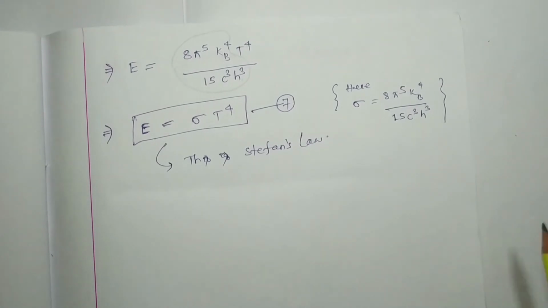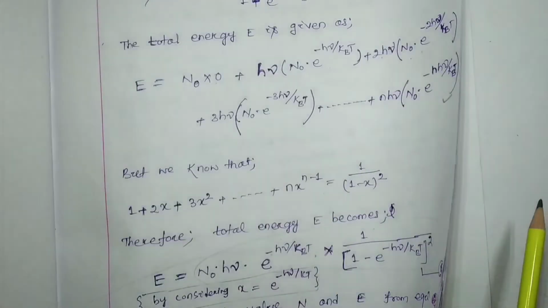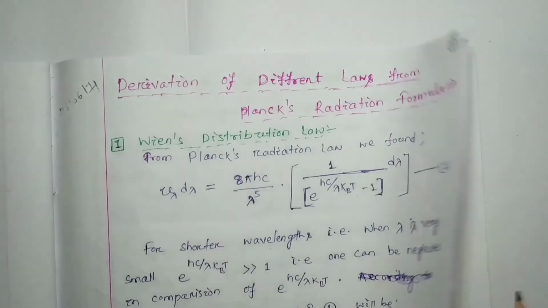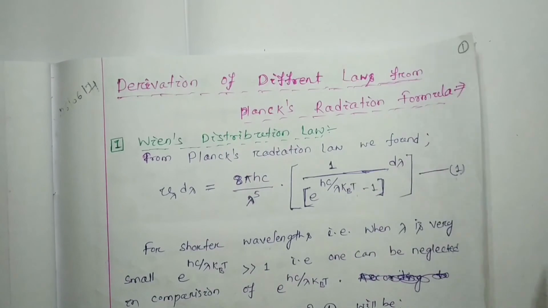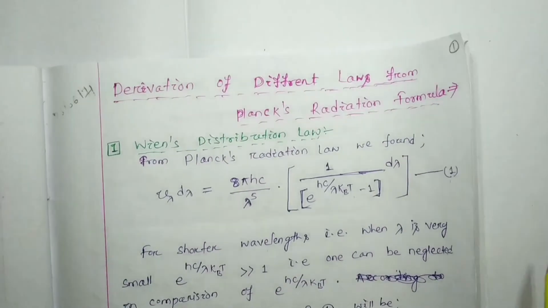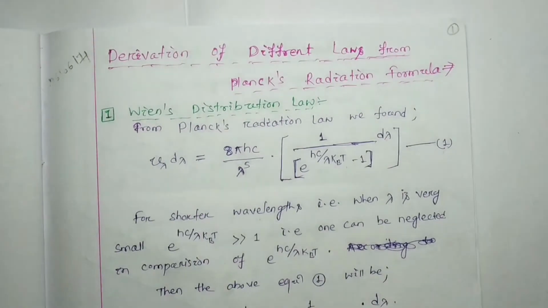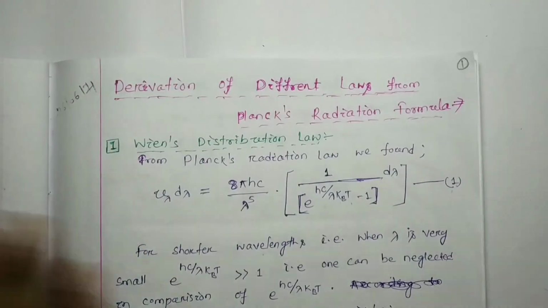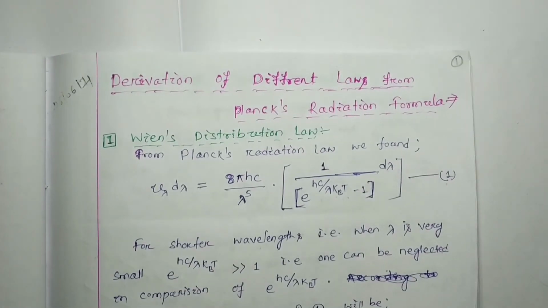So here in this lecture we have derived all the laws which explained the black body radiation classically. Those laws have been derived from Planck's law. Hence Planck's law is one of the universal laws which explains both the higher frequency range radiation of the black body and the lower frequency side radiation of the black body. So here we derived all the laws from Planck's law of radiation.